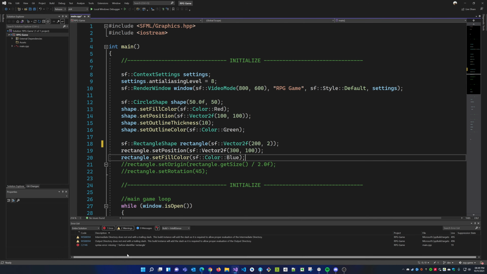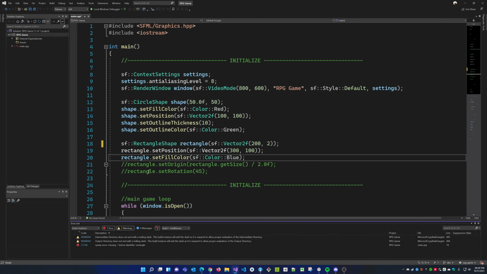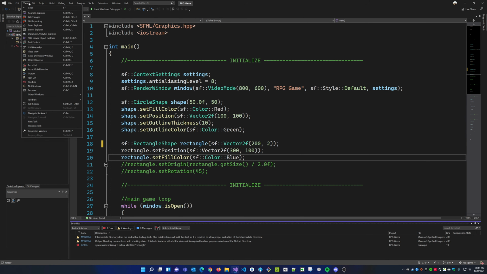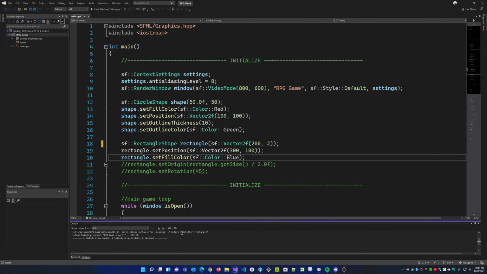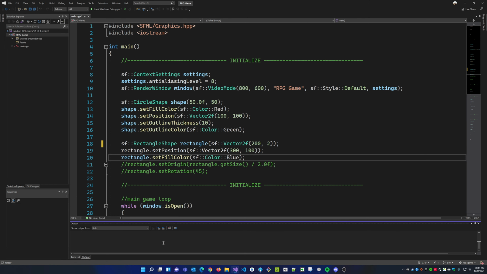Now, I highly recommend you have this window at the bottom here. If it's not open, you go to View, click on Error List, and you have your error list. I also recommend you have your output list. So again, View, Output, and you have both your error list and output. The really nice thing about the output list is that it shows you how many builds failed, up to date, successful, skipped. It's a little bit more clear and gives you a lot more information than the error list.